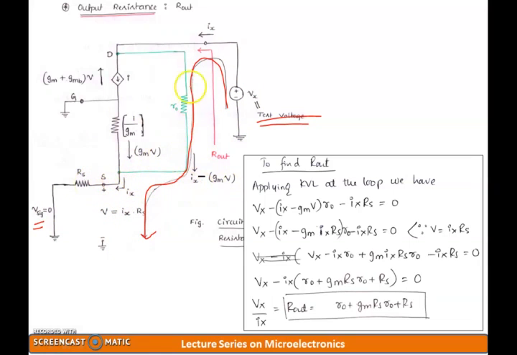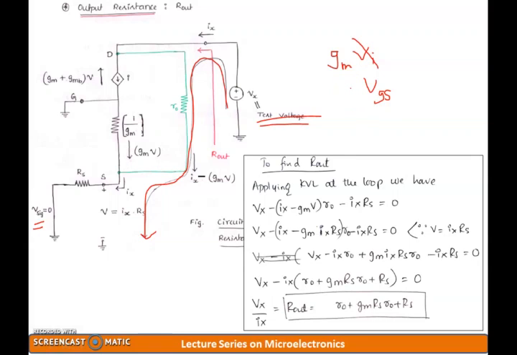Now again I'll be applying the KCL first and then KVL. KCL in order to identify what is the current that is flowing in different nodes. Now here, in simple terms, this is my GM into VGS. As I repeated in a previous slide, the drain current is usually represented by the term GM into VI. Since in the common source amplifier VI will be equal to VGS, I say it will always be GM into VGS when it is in terms of common source amplifier.